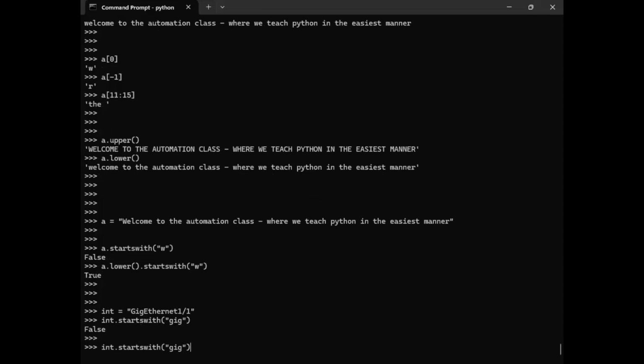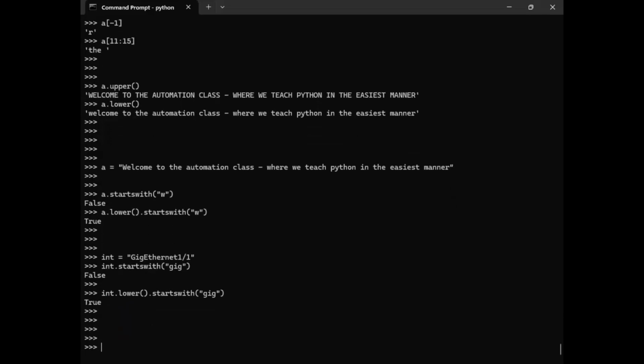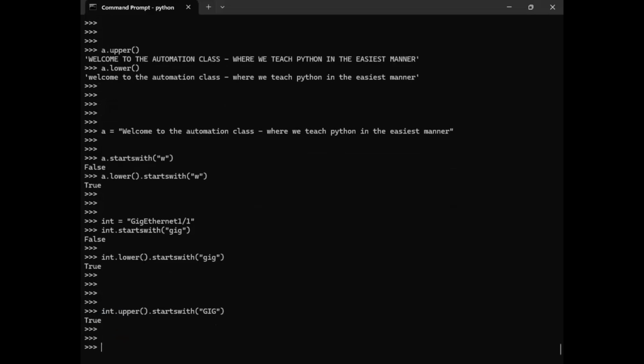I am finding out something like how many gigabit Ethernet I have, or 10 giga Ethernet, or 25 gig interface, or 100 gig, 40 gig, whatever, but my logic will fail. Why? Because I am not utilizing something correctly. So first I will convert it into lower, and then I will put this logic, and now it will show me the clear picture. I hope you people are able to understand. And vice versa, maybe I can convert it into upper, however you wanted to find out, and instead of this small gig, I can write it like this, the same way.